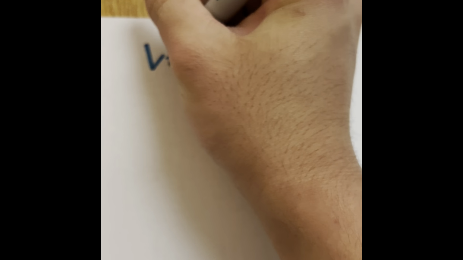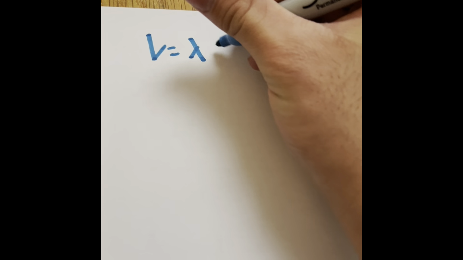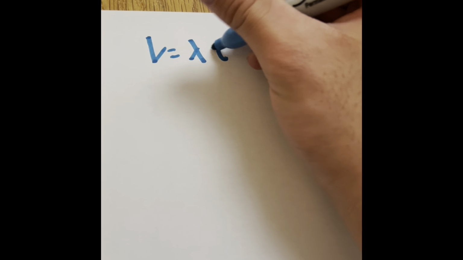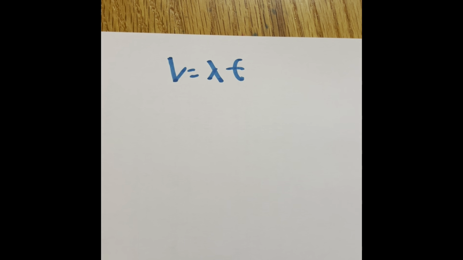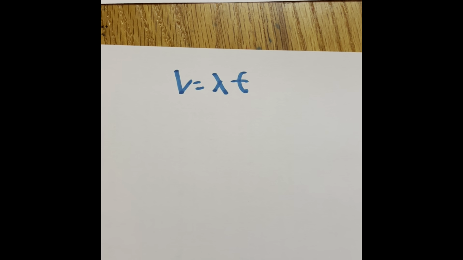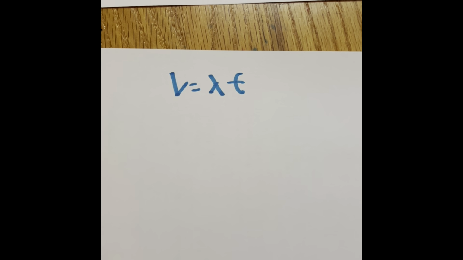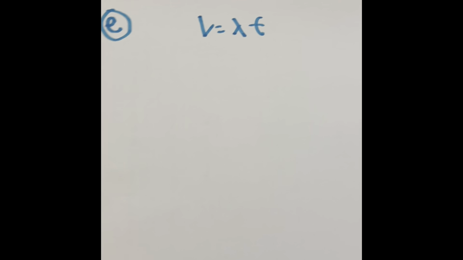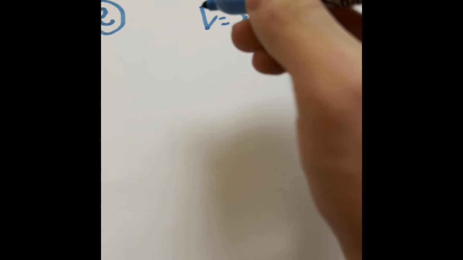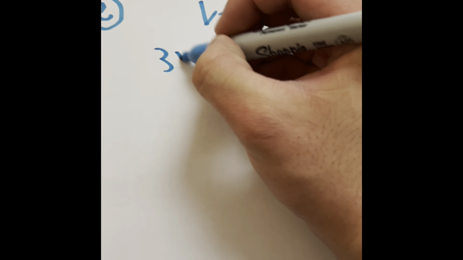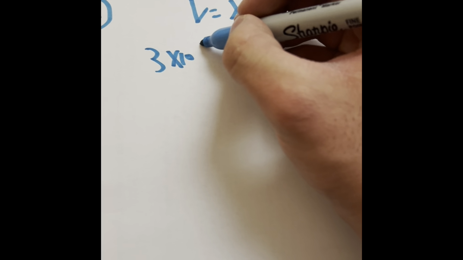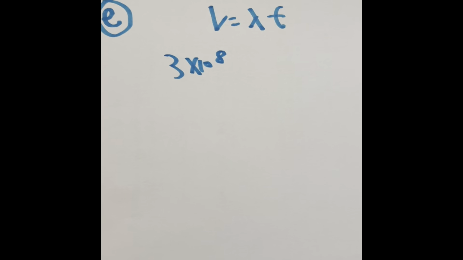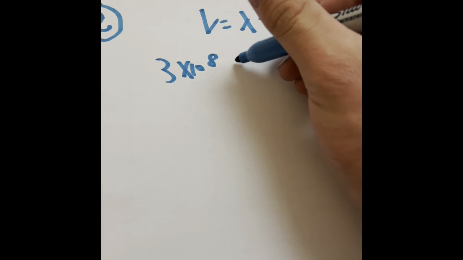At first, when you think of wavelength, you think of this formula right over here: velocity equals wavelength times the frequency. Okay, that will help us, but there will be some problems along the way that we have to solve. So let's say 3 times 10 to the power of 8, because that is the speed of light, and that's going to equal